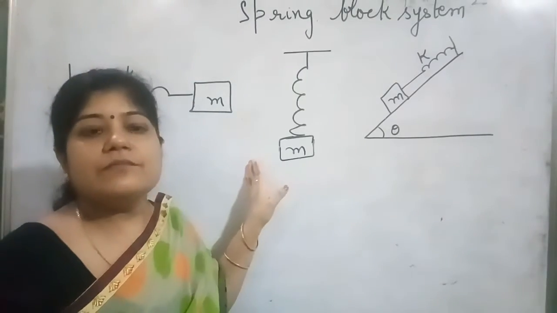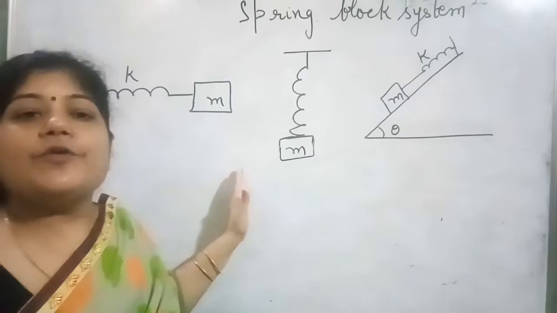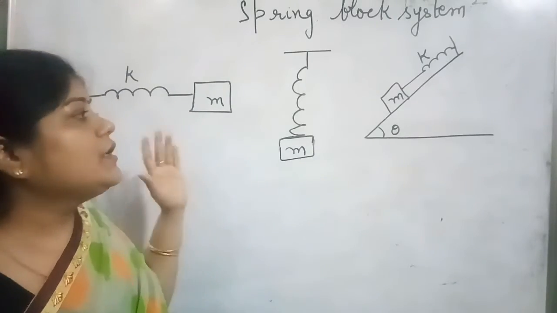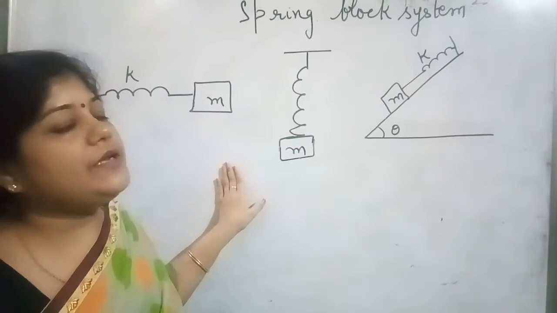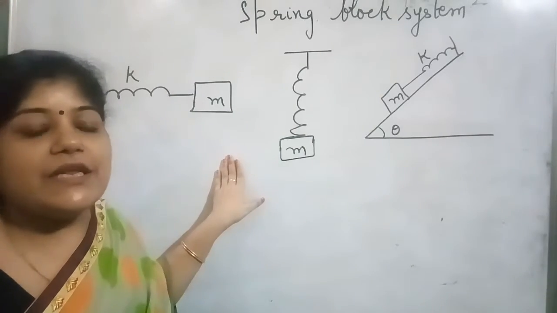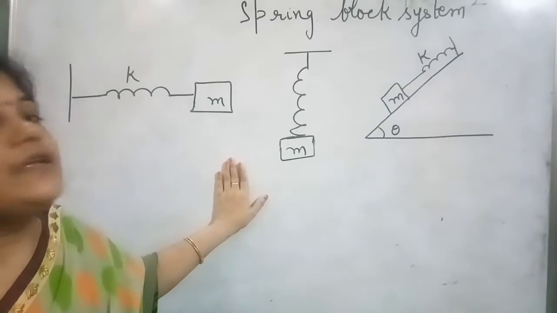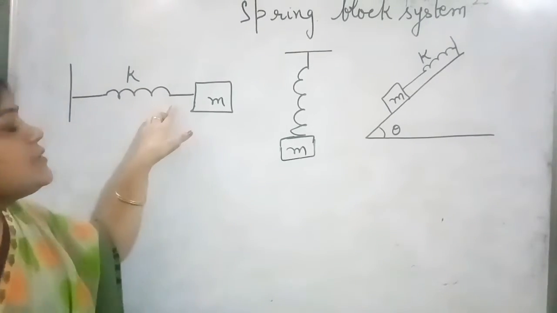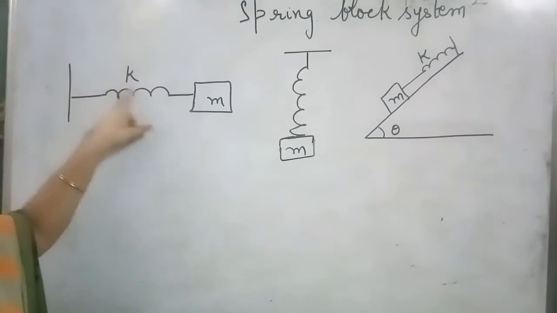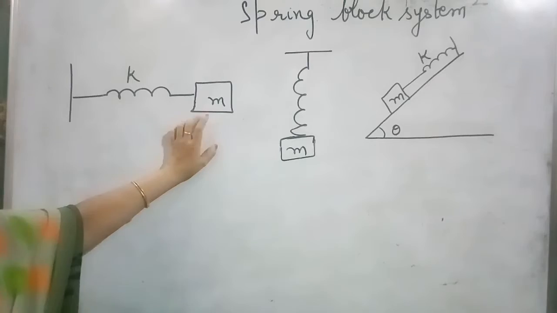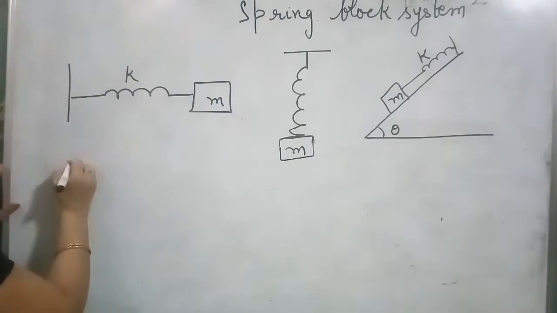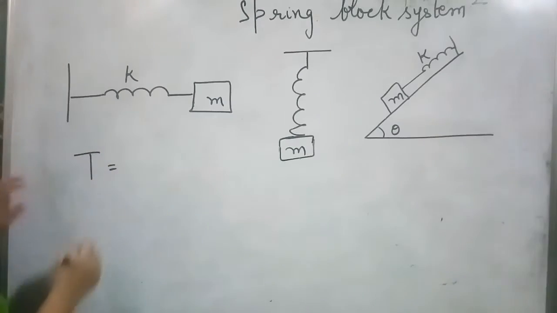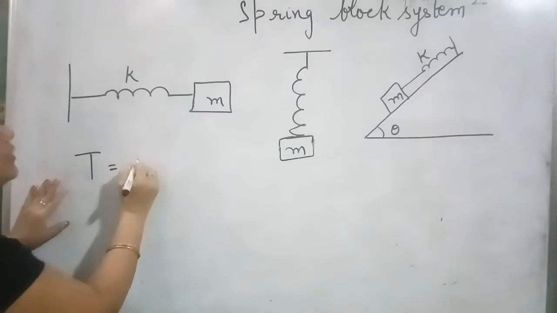स्प्रिंग ब्लॉक सिस्टम का इस वीडियो में मैं रिवीजन कराने जा रही हूँ कि अलग अलग केसेस रहेंगे। तो यहाँ पर अगर हमें टाइम पीरियड निकालना हो या फ्रीक्वेंसी निकालनी हो तो हम किस तरीके से निकालेंगे। तो मान लीजिए एक स्प्रिंग है जिसका स्प्रिंग कांस्टेंट k है और उसमें कोई मास अटैच्ड है जिसकी कुछ भी वैल्यू m है। तो इन केसेस में अगर हमें पीरियड ऑफ ऑसिलेशन निकालना है, दैट इज टाइम पीरियड ऑफ ऑसिलेशन, तो हमारा फॉर्मूला